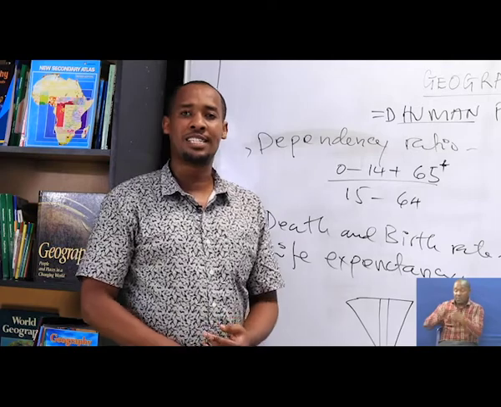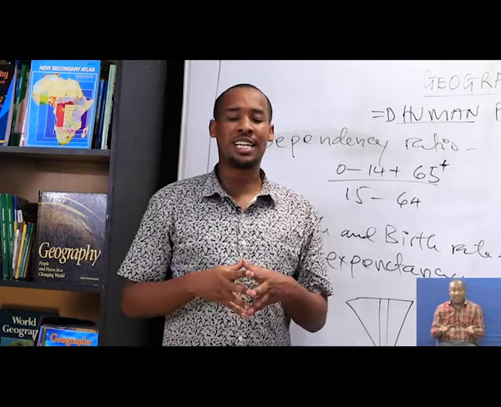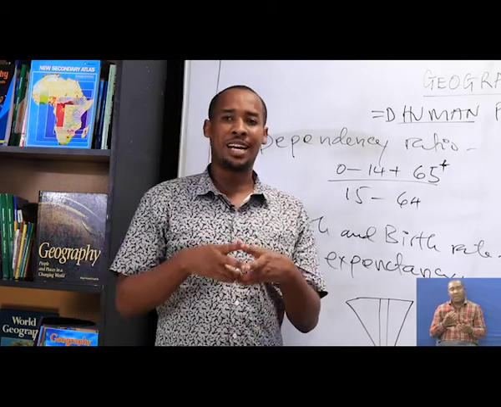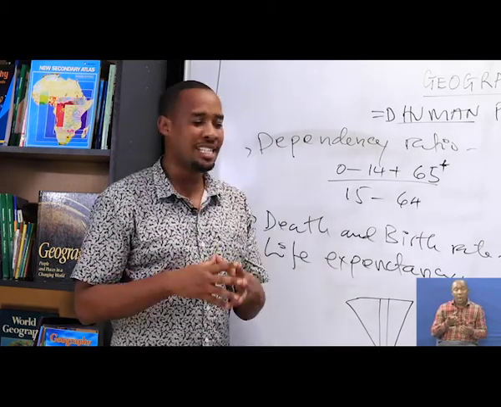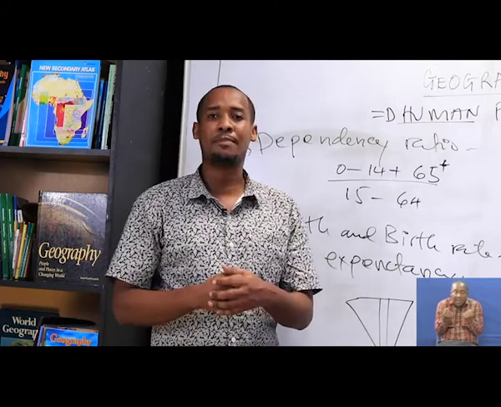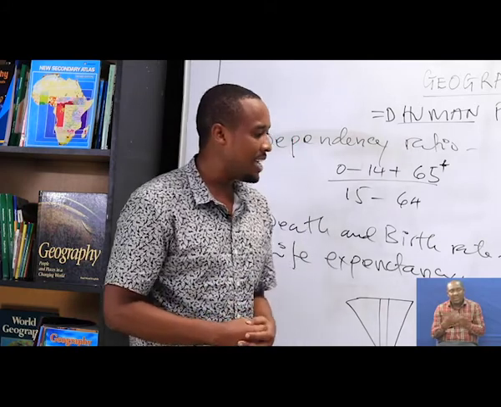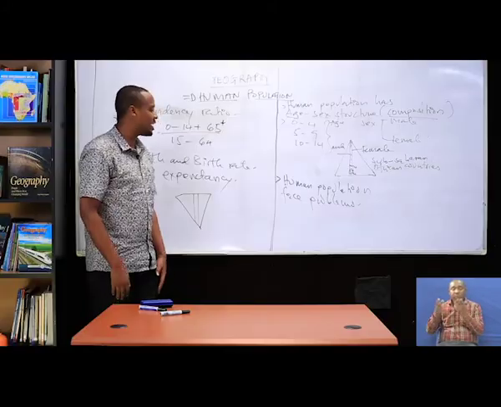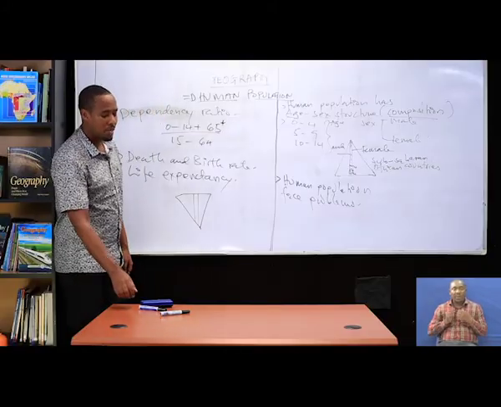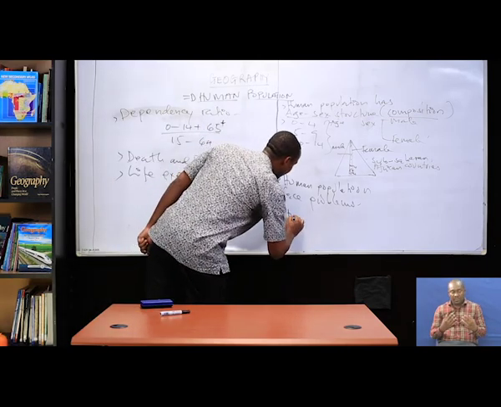What are those problems? We have different problems that are facing human populations. For example, disease, whether it is sexually transmitted disease, it can be malaria, it can be other diseases which can affect the life of human beings. It can be drought, it can be environmental pollution, it can be earthquakes, etc. That's why I said human populations face problems. And the last characteristic here is that human population